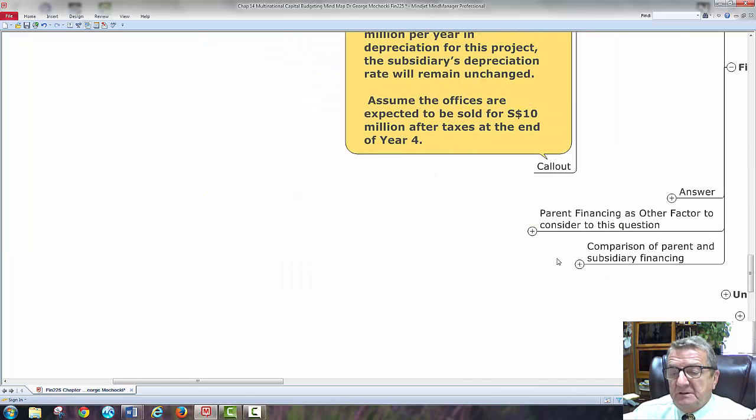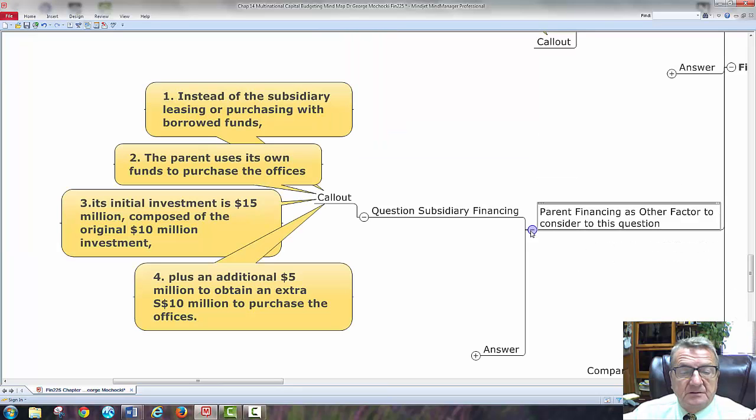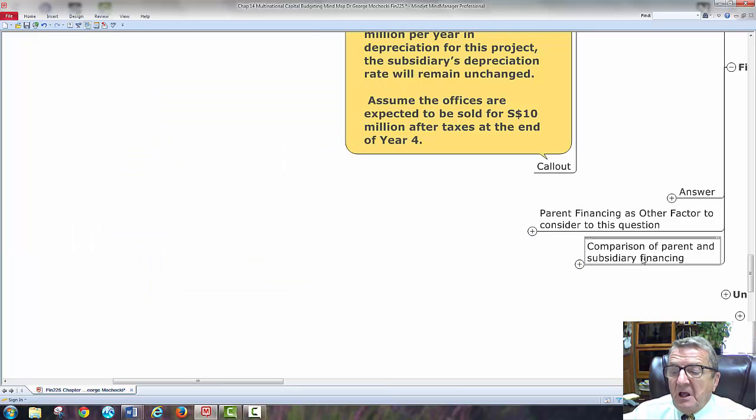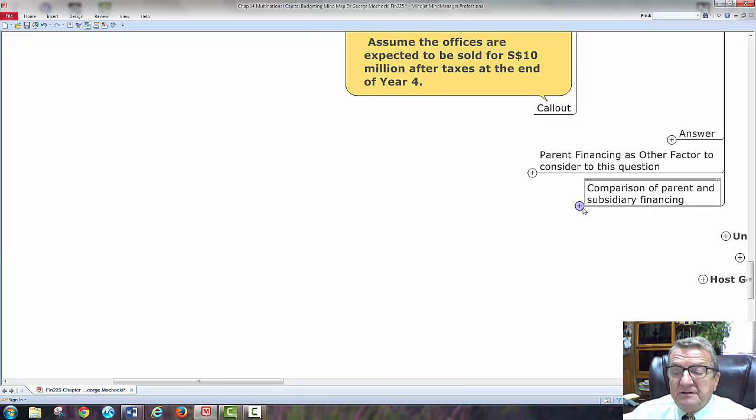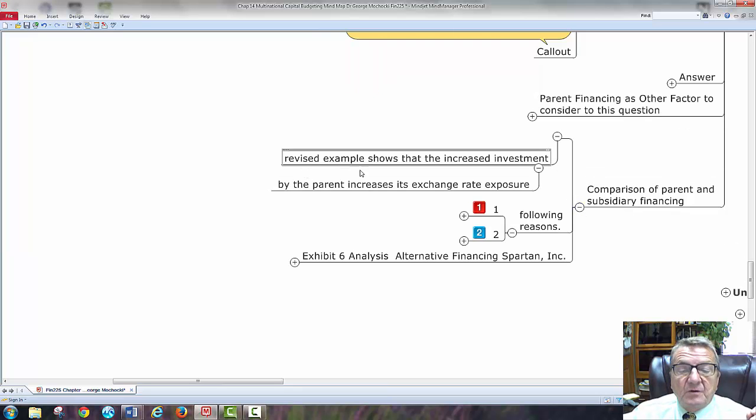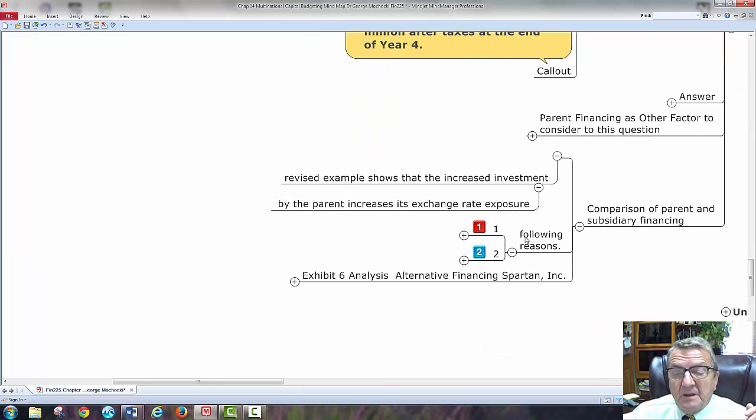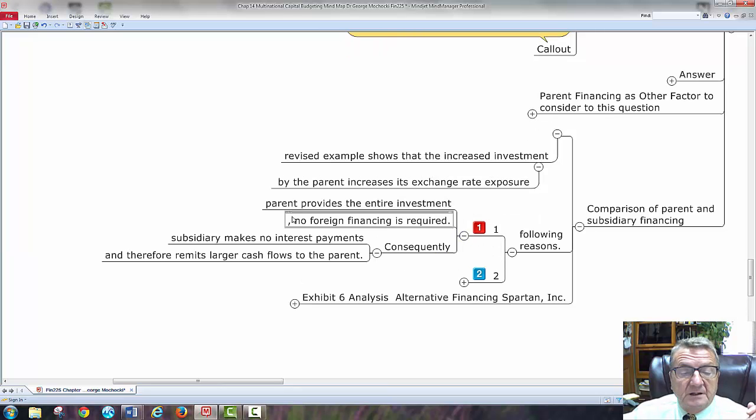Okay, so we took care of that one. Okay. Parent financing others. Okay, we did this one. Comparison of parent and subsidiary financing. I think I had in here: revised examples show that the increased investment by the parent increases the exchange rate exposure. This one here. Okay, for the following reason. One, the parent provides the entire investment. No foreign